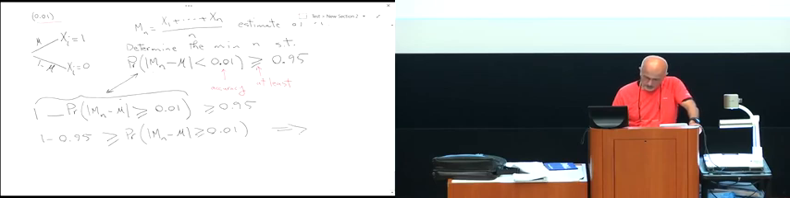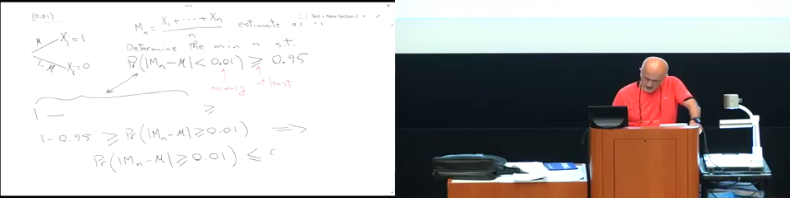And so what this means is I'm looking to figure out what it takes so that the probability of me having a greater than or equal to 1% error is less than or equal to